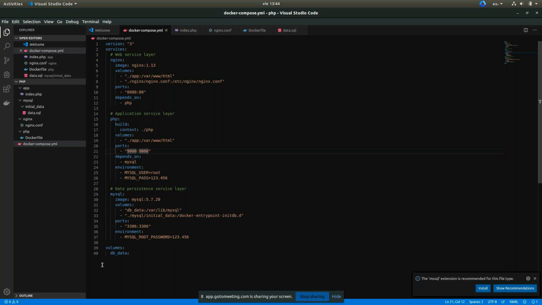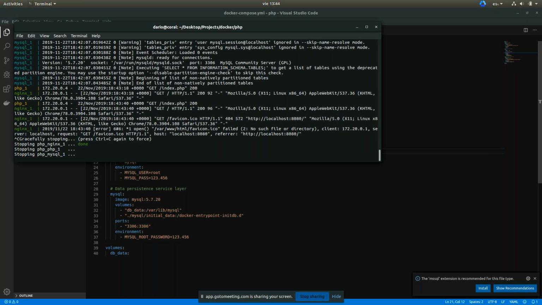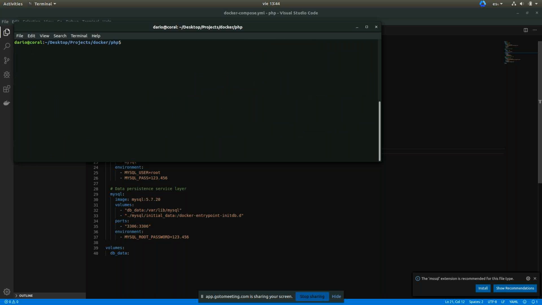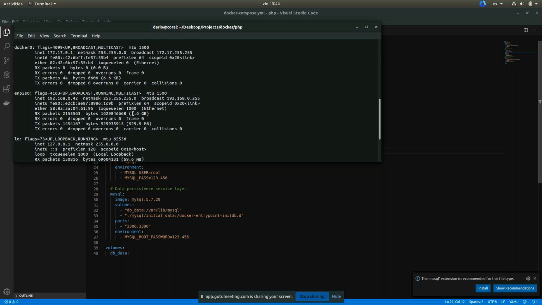There are more complex configurations in this file. For example, we can assign an IP address to every service, for every container. If I check the IP network configuration of this computer, we will see that we have this server here.